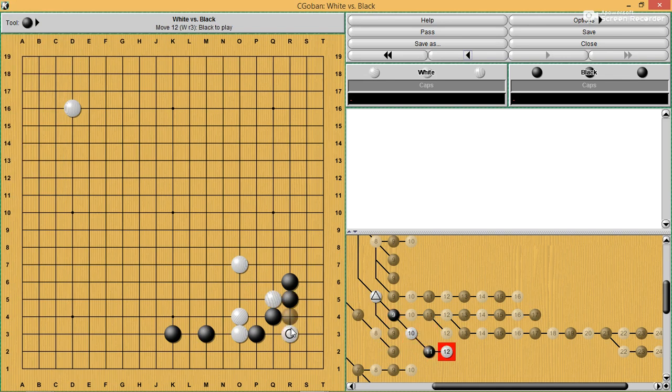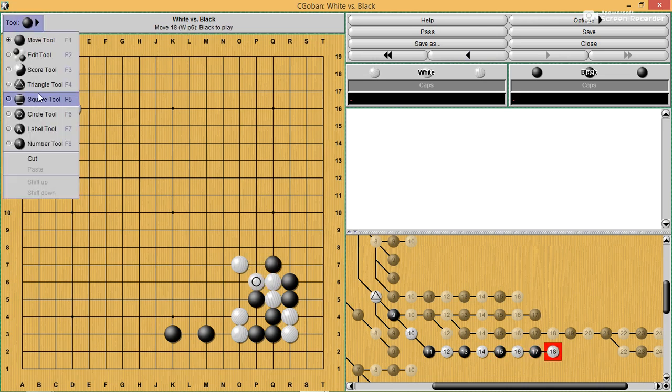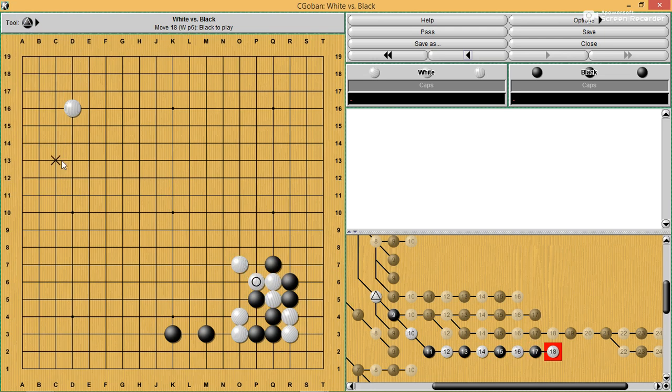And if black blocks, white can then peep. And black would like to play this empty triangle, but when white cuts, white probably will not live in the corner. But white will be able to seal black in, and it's because black cannot capture this cutting stone in a ladder because of the two-space jump here. So that's the purpose of this two-space jump also, is that it's looking at either this bump or the shoulder hit, or attach and then